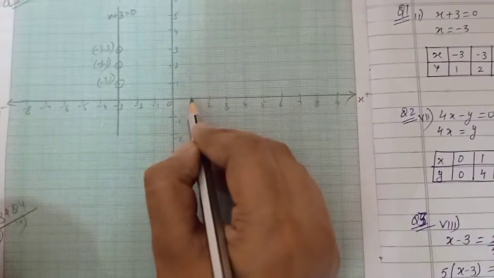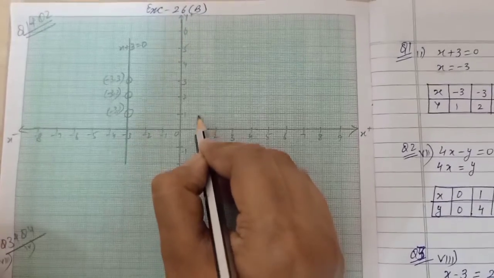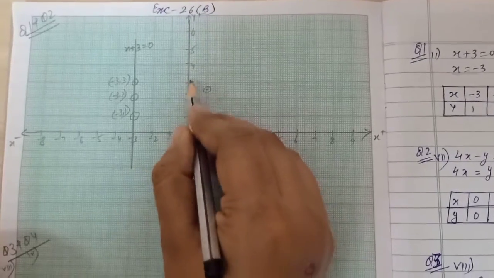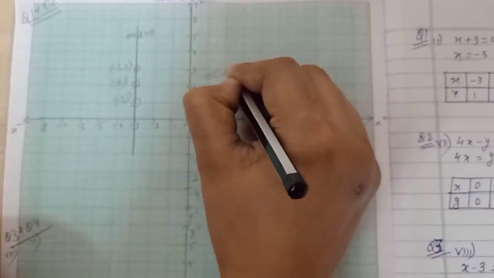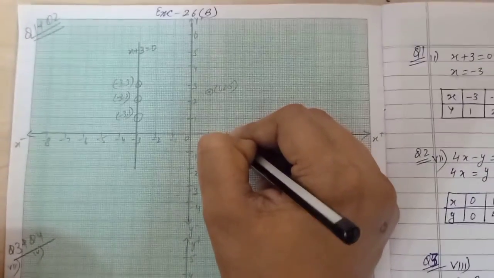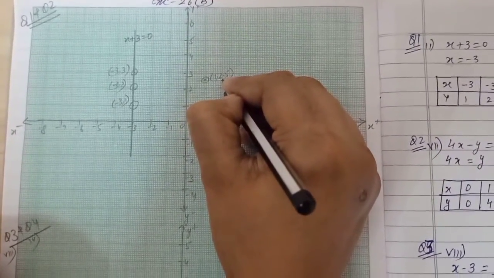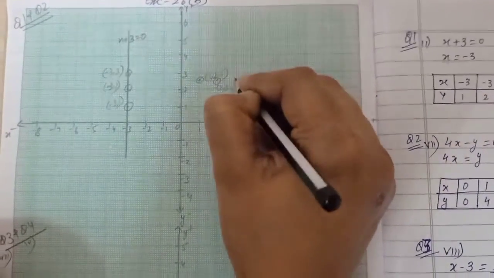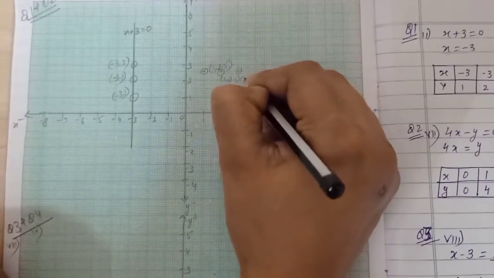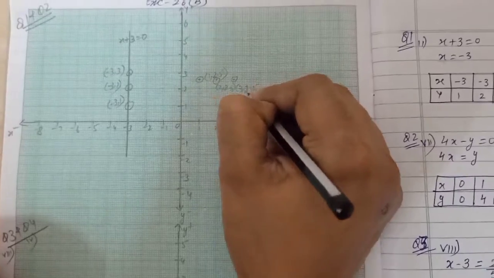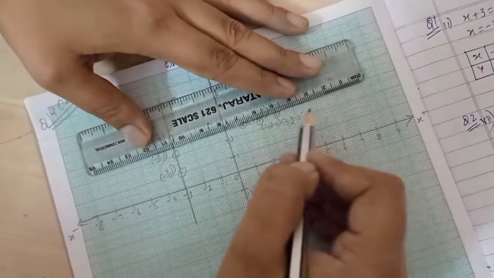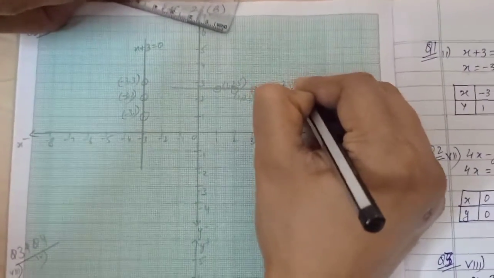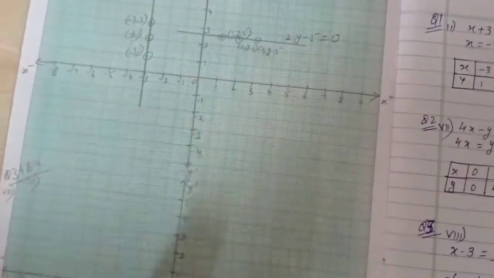Look here now. 1 and 2.5. See, 2 is here. 2.5 means 5 divisions above this. It will lie between 2 and 3. So this is what? 1 and 2.5. The next is 2 and 2.5 will be here. See, 2 and 2.5. Then next is 3 and 2.5. Now join these points and you have to show here that this is the graph of which line? 2y minus 5 is equal to 0. This way you have to show.